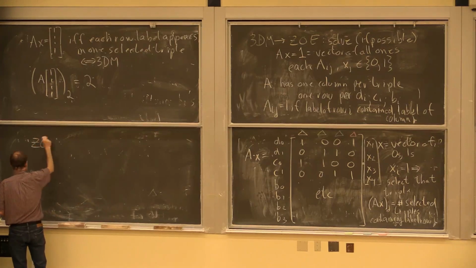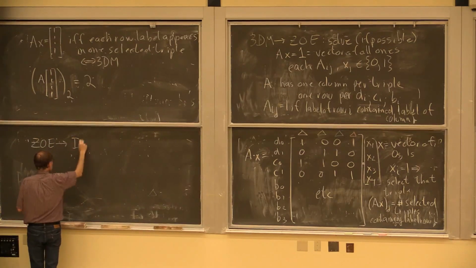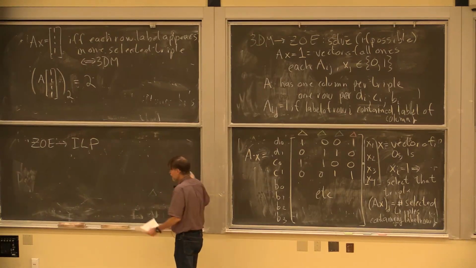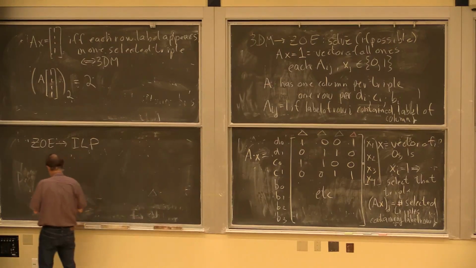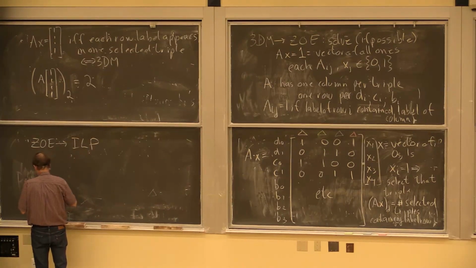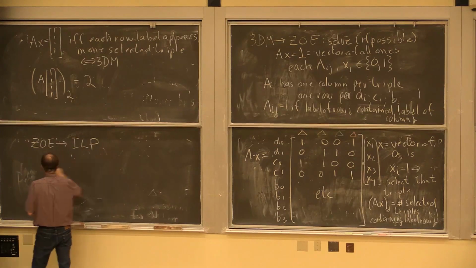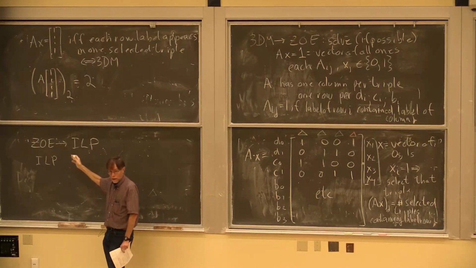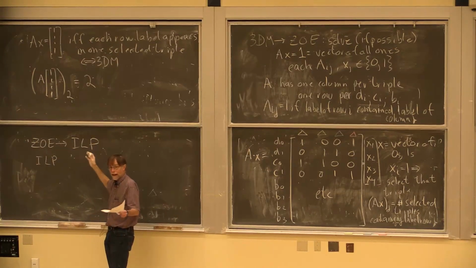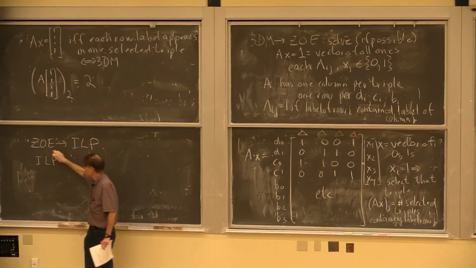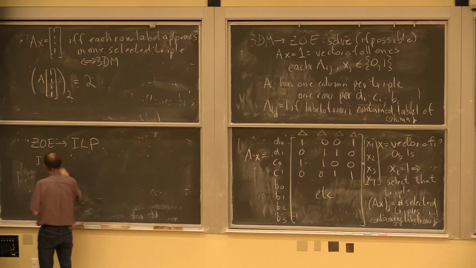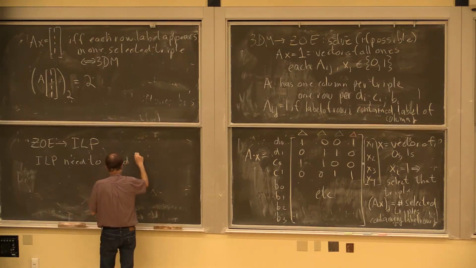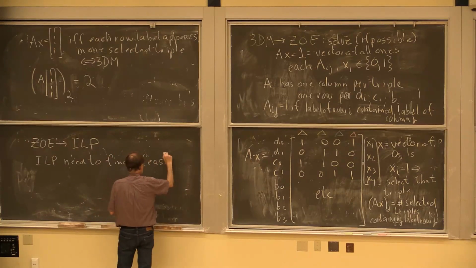So the next one is reducing solving 0, 1 equations to integer linear programming. So suppose I have my 0, 1 equations problem. So what do I need to do here? So ILP, it turns out that merely finding a feasible point, you don't even have to get to the optimal answer, but just finding a feasible point that satisfies the inequalities is good enough to solve 0, 1 equations. So we need to find a feasible x that satisfies all our inequalities.